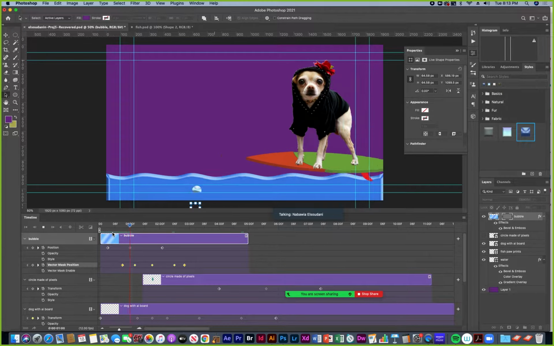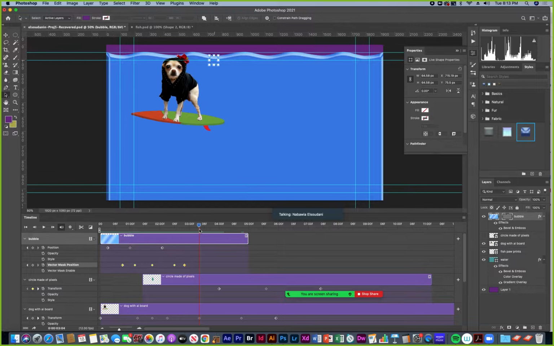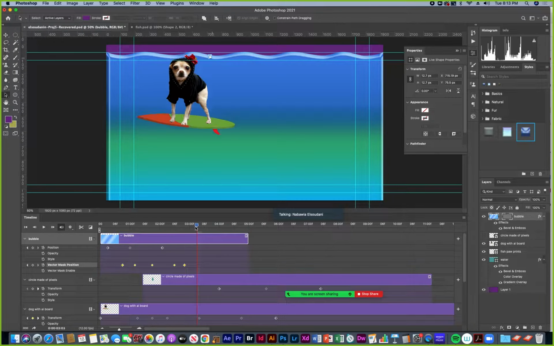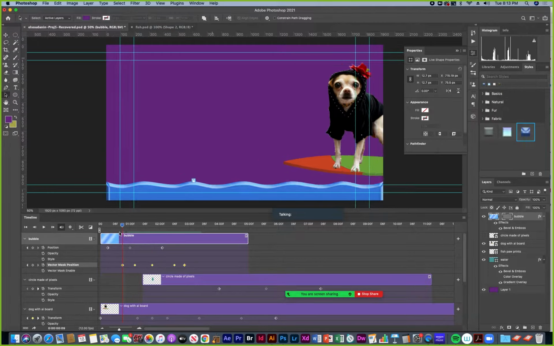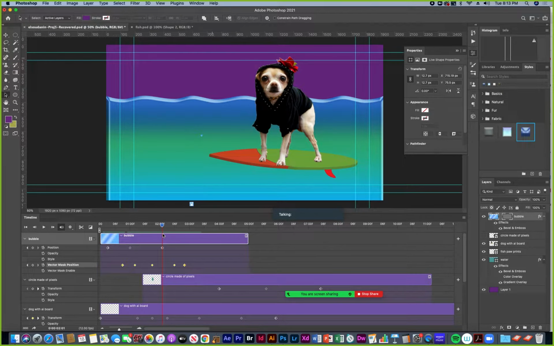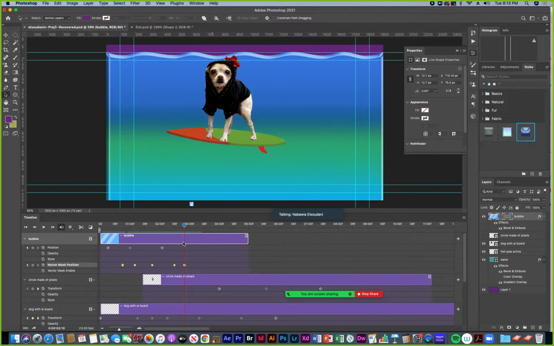So I'm playing forward with my... oops, but now it needs to kind of disappear to nothing, so I can scale it down to nothing at this point. And I could also keyframe the opacity out. Oh, wait a minute. The scale is constant, so I can't really do that. Let me go back. Scale it bigger.